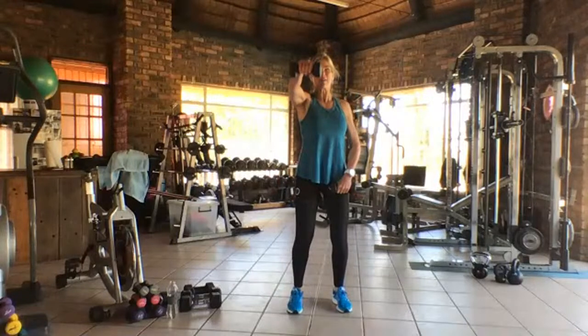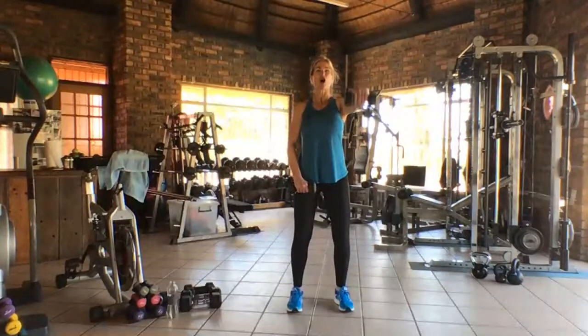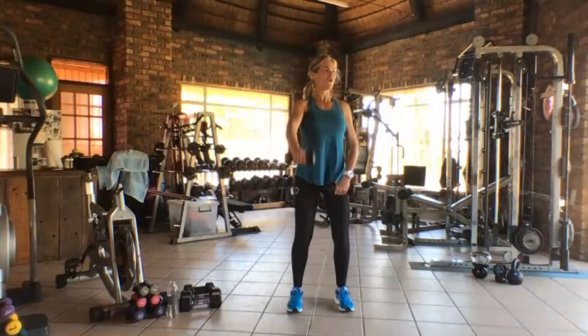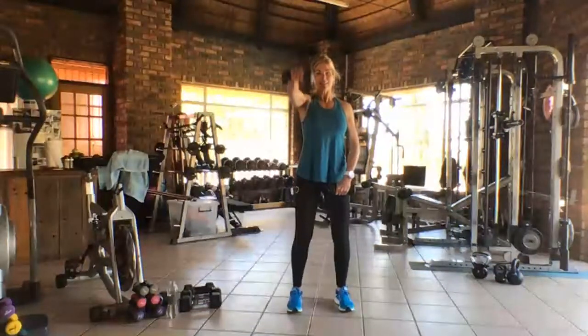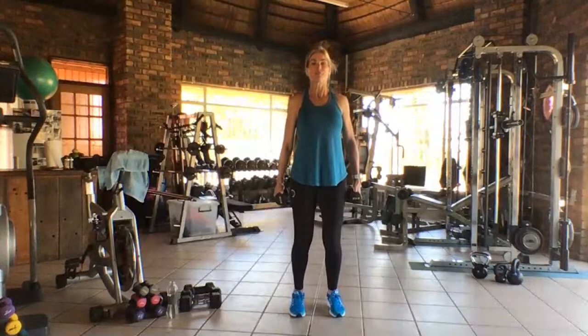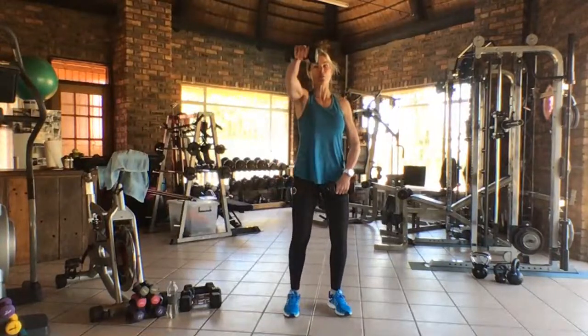Back into shoulders, please. And 1. Control, control, control. Chin up. And last one. Back to side. Calf raises. Let's go. 1, 2, 5, 4, 3, 2, 1. Awesome. Back to shoulders. 1,